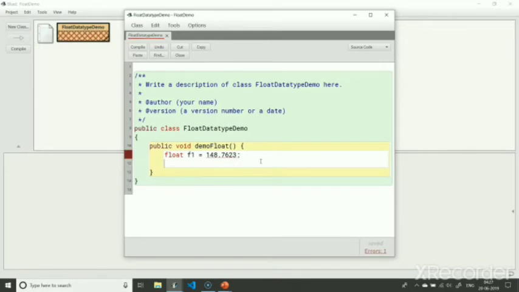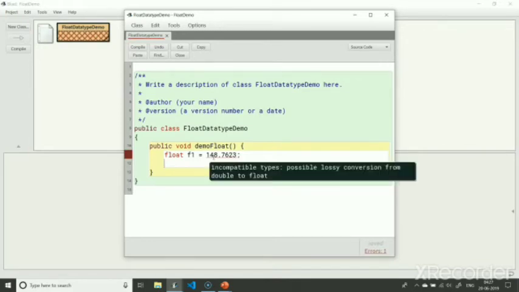Wait, there is an error. Let's see what the problem is. Okay, so the compiler is yelling about conversion from double to float. Remember what I told you while discussing the integer data type demo program? Whenever you specify a number in your program, Java assigns a data type to that number too. By default, all fractional numbers that you specify in your Java program are of type double.